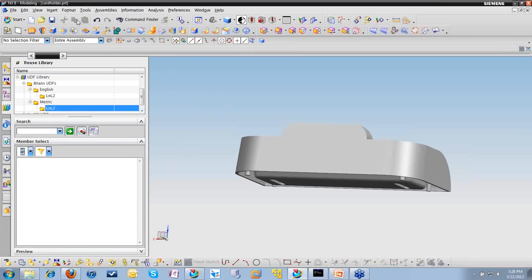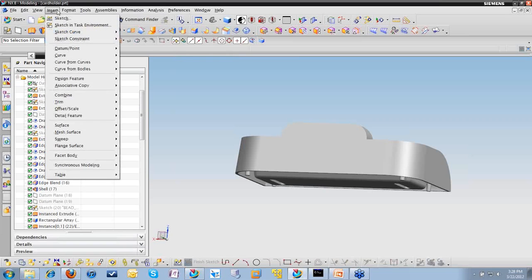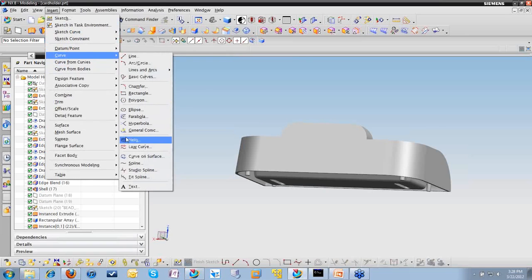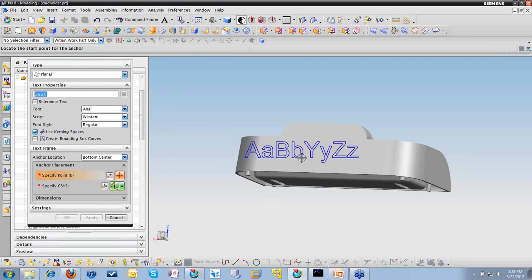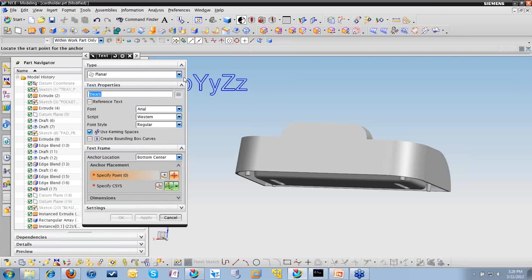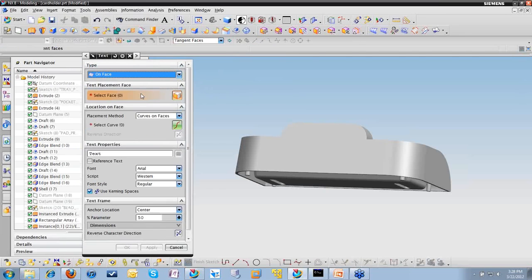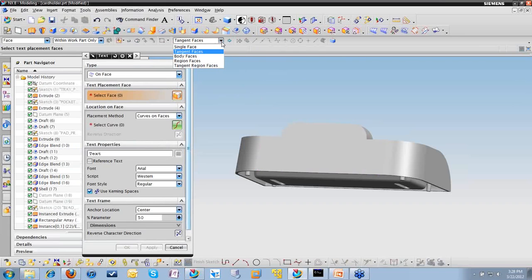So initially I just want to create some geometry out there, maybe add some more geometry to this part navigator. So I'm going to go ahead and insert, and then curve and text. So here's the text dialog box. I'm going to say on face. So I'm going to go ahead and pick face. And again, you want to make sure I set the tangent faces here. Let's go single face. Go ahead and pick that face, and then I'm going to select my placement method,